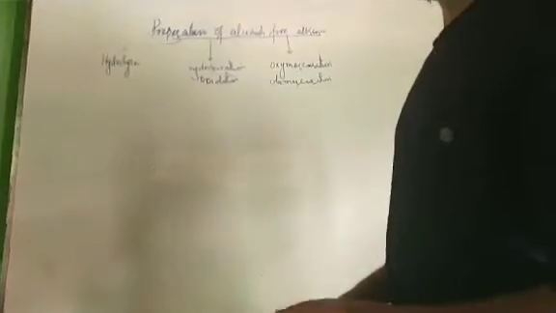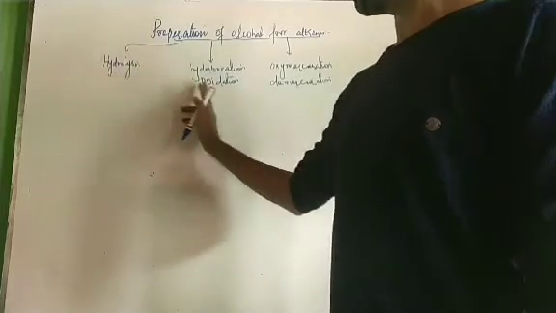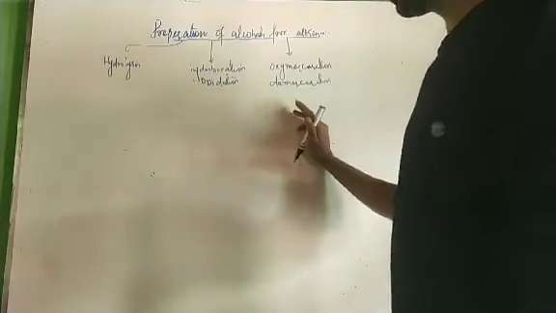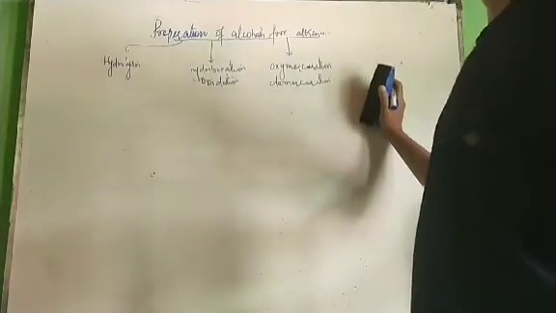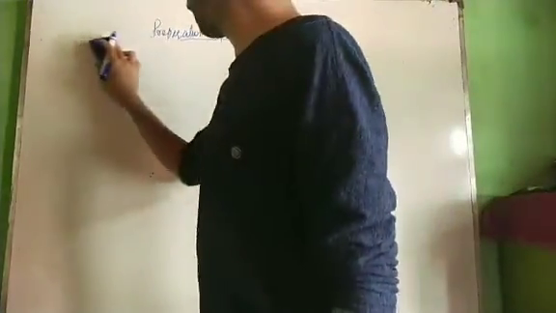So students, in this lecture we are going to discuss preparation of alcohols from alkenes. Yesterday we quoted general reactions, that is hydrolysis of alkenes, hydroboration oxidation and oxymercuration demercuration. In this session we are going to discuss the mechanism of these reactions: mechanism of hydrolysis, mechanism of hydroboration oxidation and mechanism of oxymercuration demercuration reaction. Now let us start with hydrolysis of alkenes. These are methods of preparation of alcohols from alkenes.